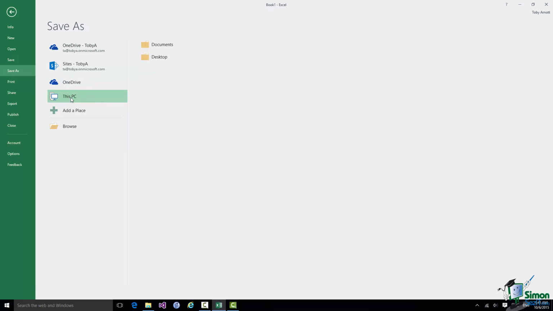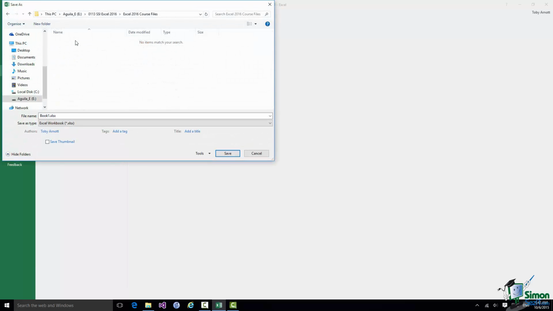Now I mentioned to you earlier on the demo files, the course files that I'm using. I'm going to save this in an empty version of that demo file, that course file folder, and then during the course, as you'll see, I'll build up to the selection of files that you've seen already much earlier on in the course. And these of course are files that you have access to, so you can see these files. So from this PC I'm going to browse to that particular folder. So I use a standard Windows file browse there, and there is the empty folder where I'm going to save